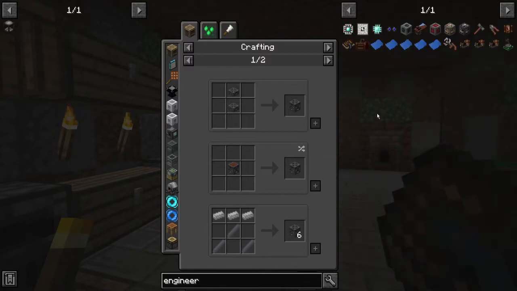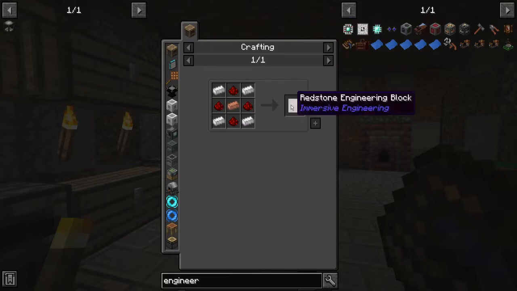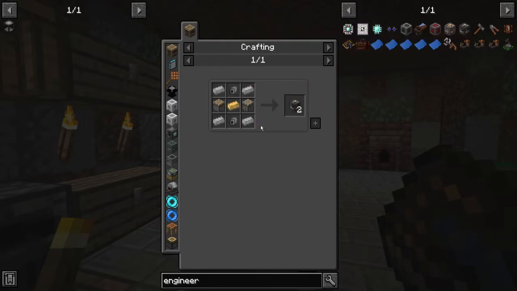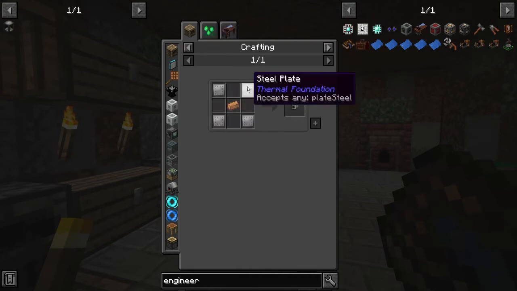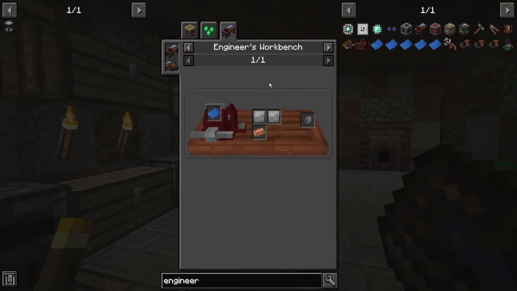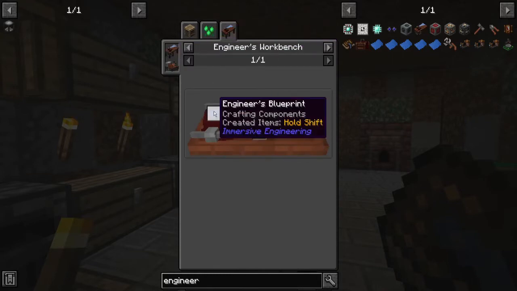Engineering blocks, though, on the other hand, the redstone one is not bad at all. This is what allows the machines to be turned on and off with a redstone signal. So, kind of important. But it's 4 iron, 4 redstone, and a copper, so those are not bad. The heavy engineering blocks, though, require 4 steel, 2 steel mechanical components, which are 4 steel plates and a copper ingot, or you can make them for half price in an engineer's workbench, as long as you have a blueprint,